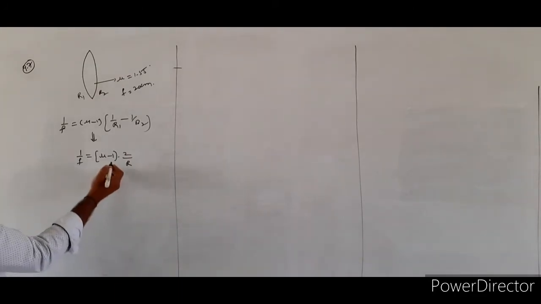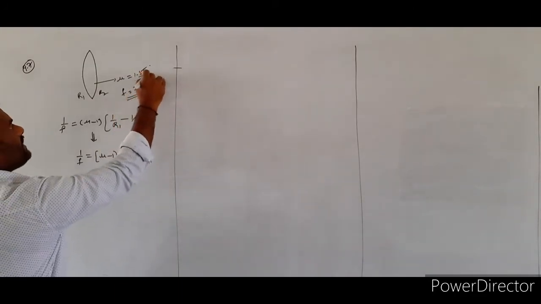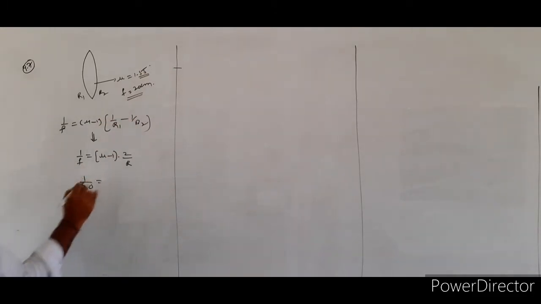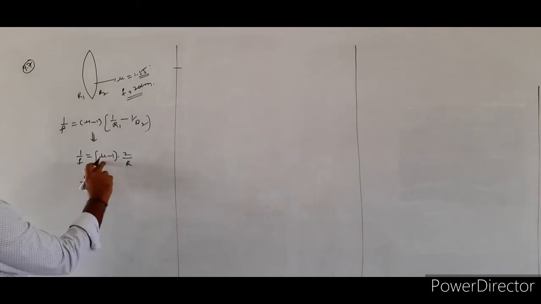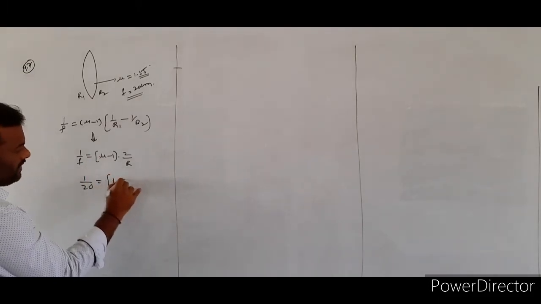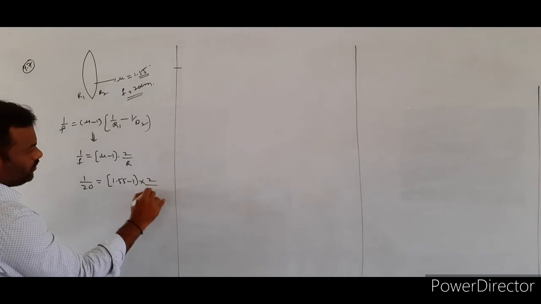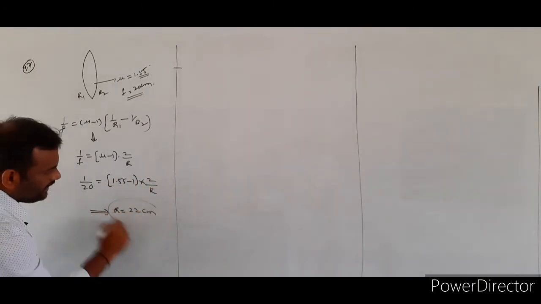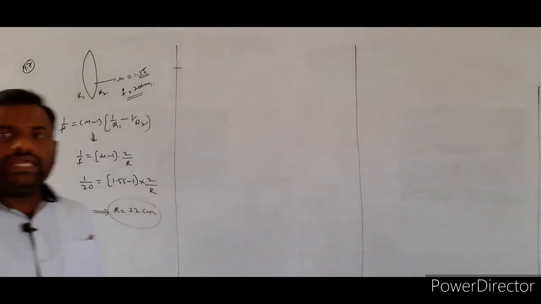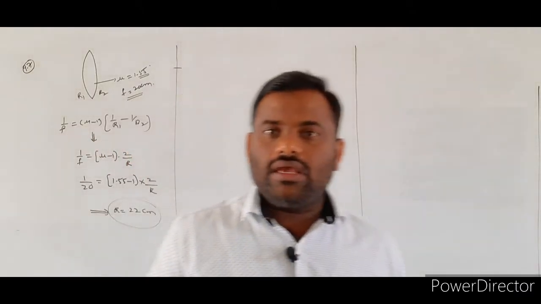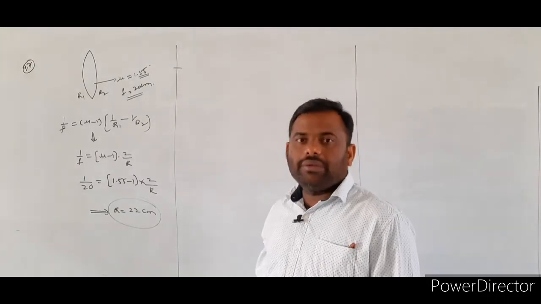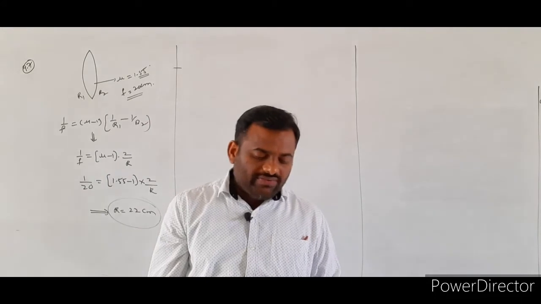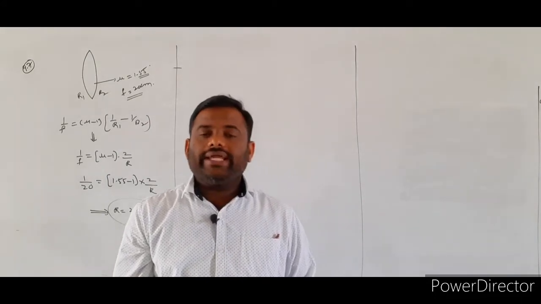So, here they given the values of the focal length as well as the refractive index. So therefore 1 by 20 is equal to (mu minus 1), (1.55 minus 1), into 2 by r. If you simplify these values, you will get the radius of curvature is equal to 22 centimeter. Radius of curvature is equal to what? 22 centimeter. It's a simple problem. 9.7. 9.8. A beam of light converges at a point P.